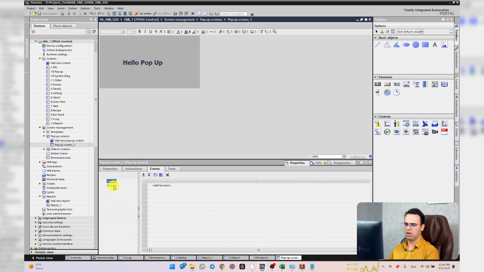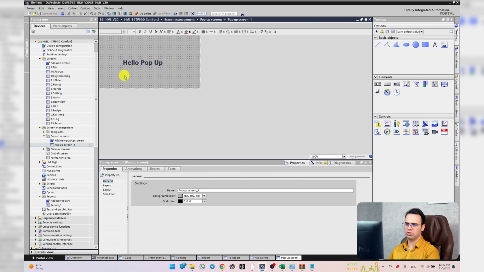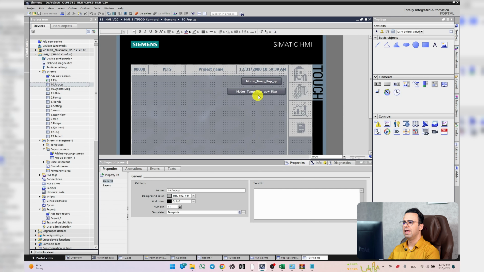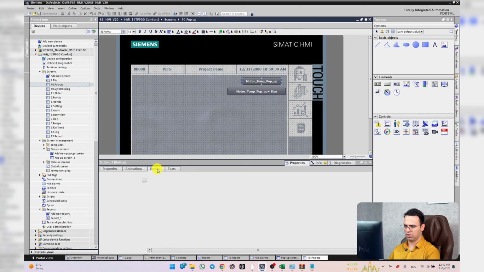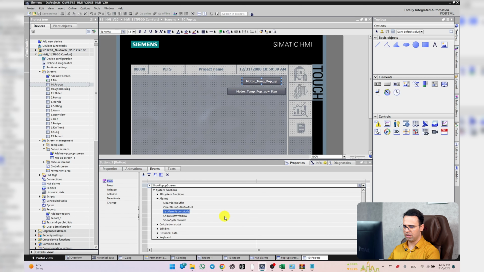We have just loaded and cleared for events, just like a screen, and for text we don't have anything important. Okay, I put a screen and name it pop-up, and I'm using two kinds of button. When we want to show a pop-up, we have to use a button and event. So this is an event, click, and as you can see, you can find